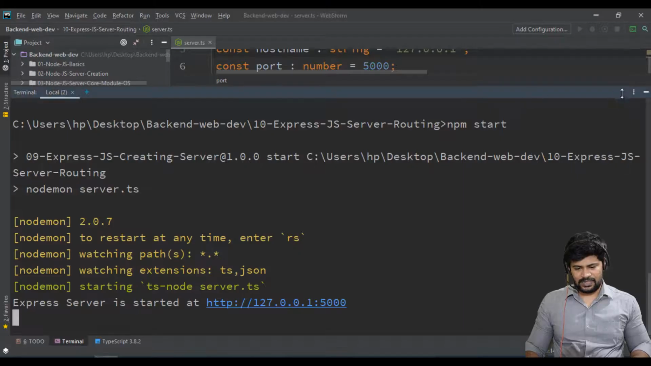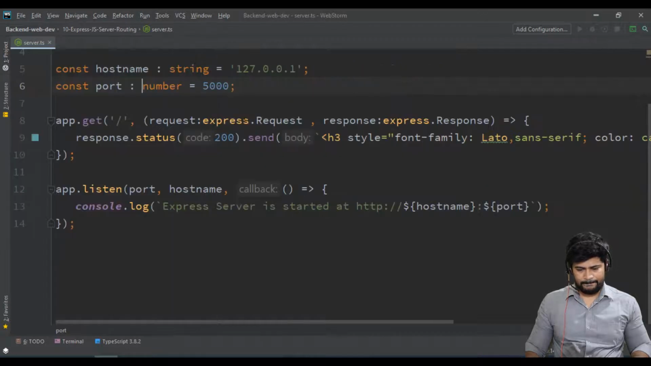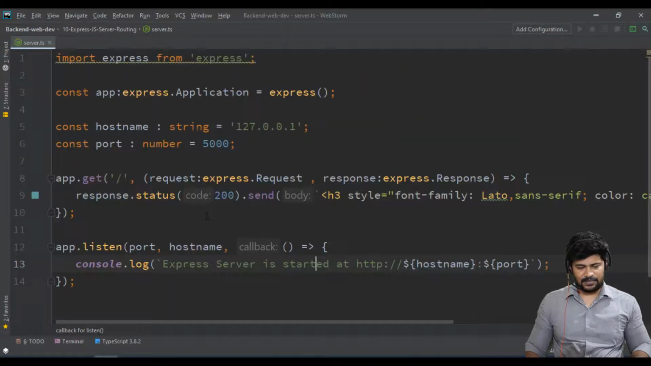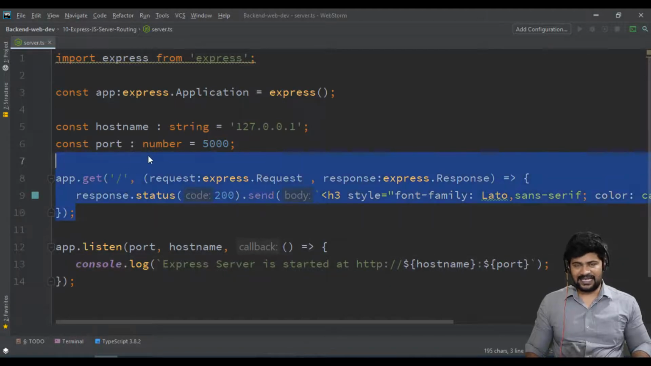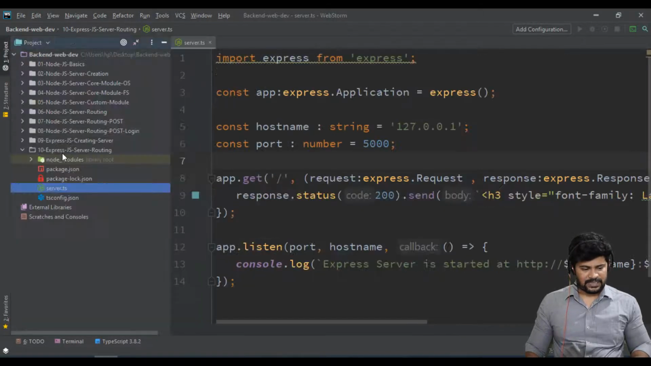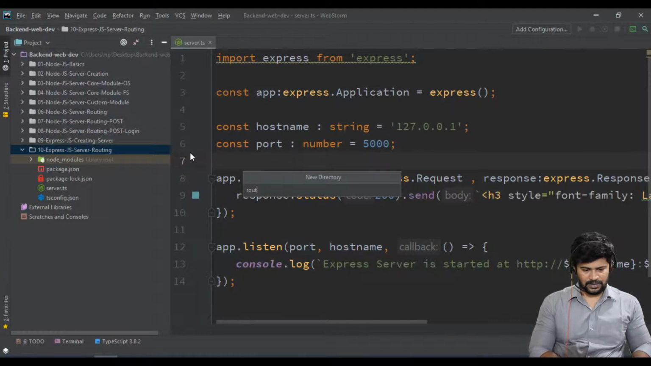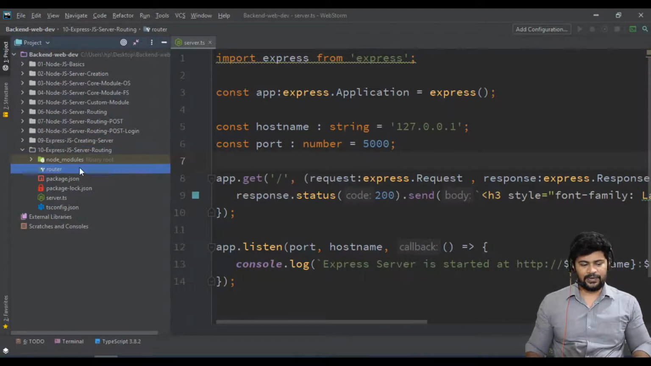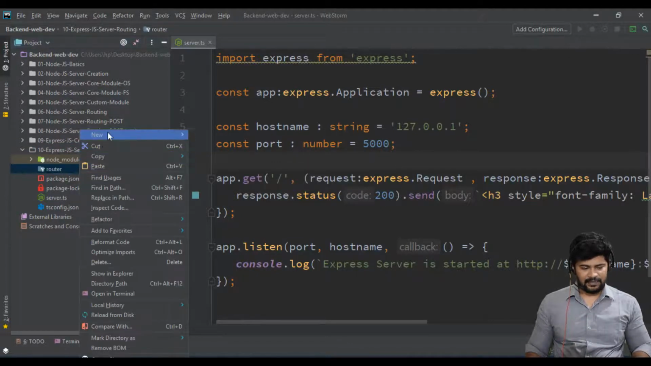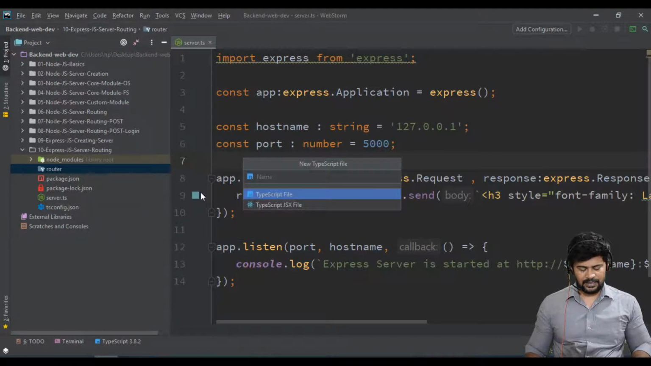Now the next story is routing. For routing, you don't need to write inside the server file, because Express has given a separate routing configuration. So directly you will create another directory called router. In this, I'll create a TypeScript file called